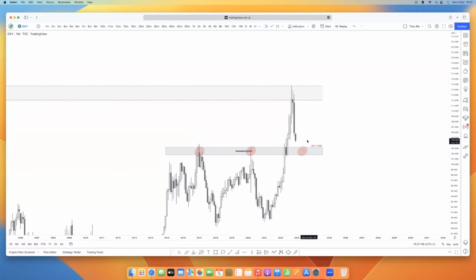This is the last month for this year, and we have 25 days, 15 hours for this candle to close. So now let me ask you a question. How is this candle going to close? How is this candle going to round up the year for us? Bearish or bullish? The year started with what candle? Let me see. December last year was a bearish candle, and then January was a bullish candle. So how is this candle going to close?